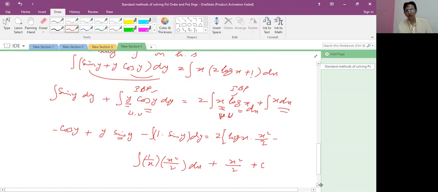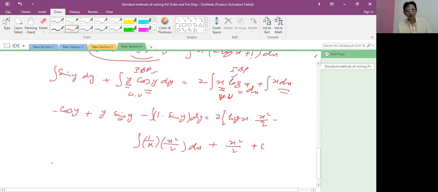Now in the next step, student, further the step, it is minus cos y plus y sin y. The integral of sin y is minus cos y, so minus minus plus cos y, which equals 2 times the log of x,